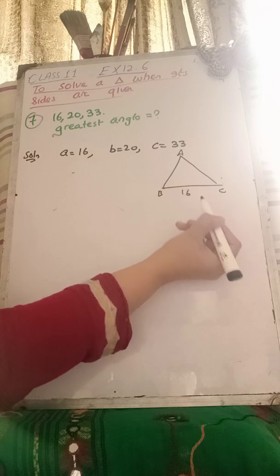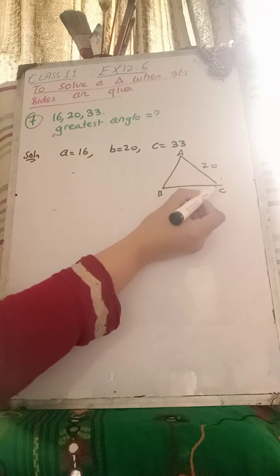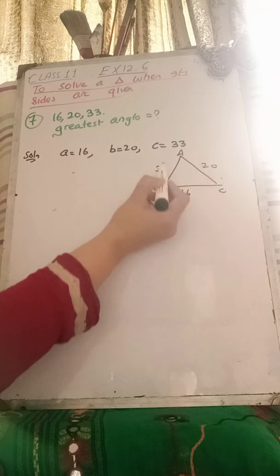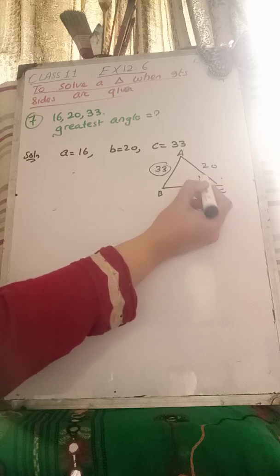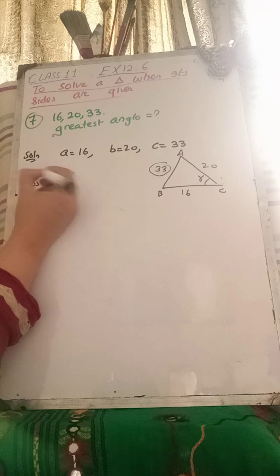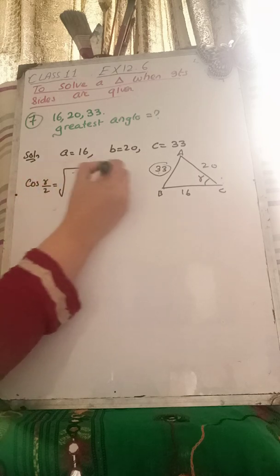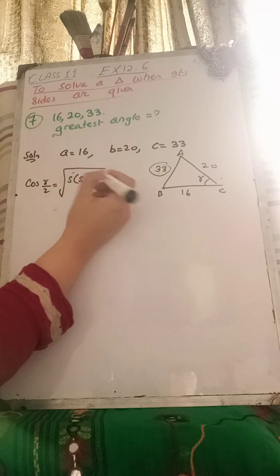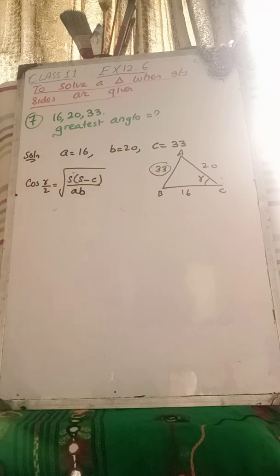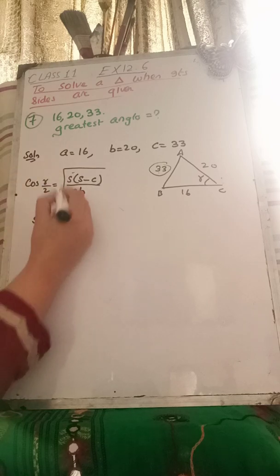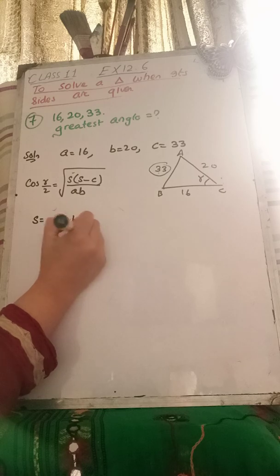Now we know that the side A is 16 and the side B is 20, side C is 33. Now out of these three numbers, 33 is the greater number of all these three. So it means that the angle which is opposite to 33 will be the greater angle. So it means that we have to find gamma. So you can easily find gamma by using either sine formulas or cosine formulas. It's up to you. Sine gamma by 2 is under root s minus c over ab. So you can use this formula to find the value of gamma. Okay, so what we are going to do again, s will be the sum of all these three sides divided by 2. So